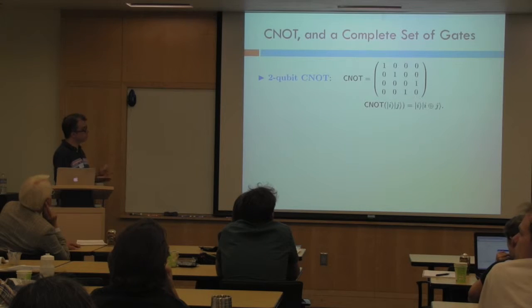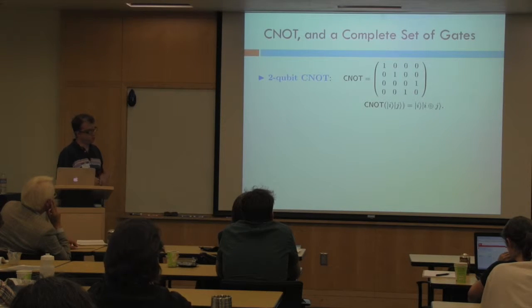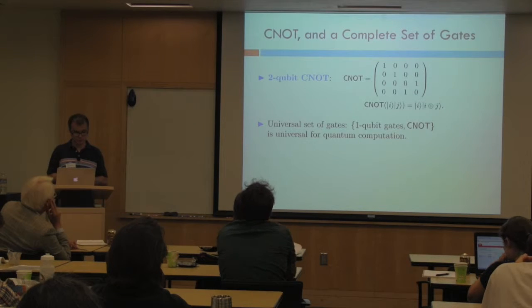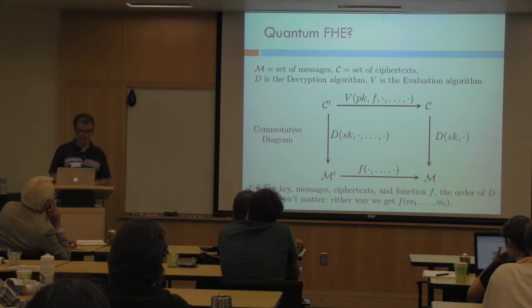To operate on 2 qubits at a time, the state of 2 qubits is represented by a 4-dimensional vector. And so here's a CNOT gate, which basically flips the positions of the 3rd and 4th coordinates. So you have the universal set of gates. There are various universal sets you can take, but you can take, for example, just the 1 qubit gates and CNOT. Those are complete for quantum computation. Okay, and there's a Toffoli gate. You can ignore that.